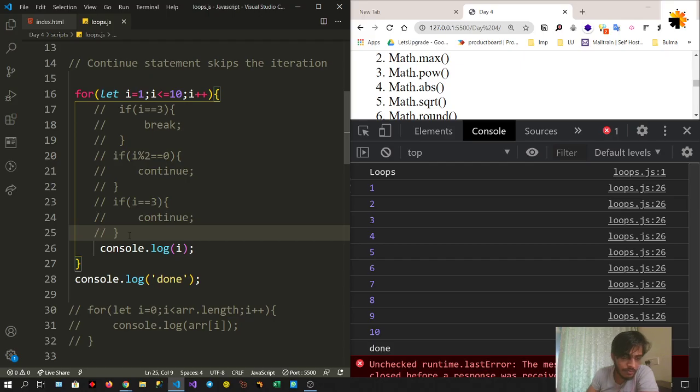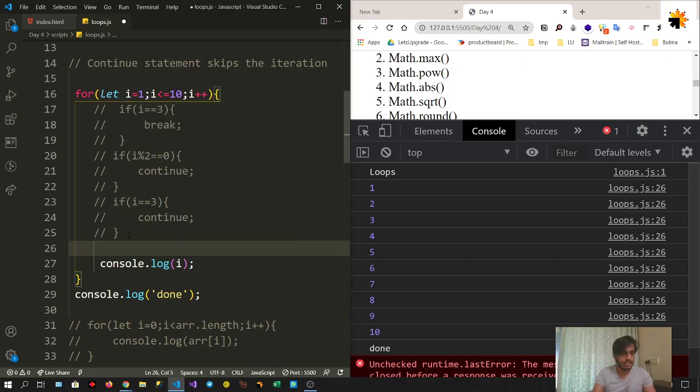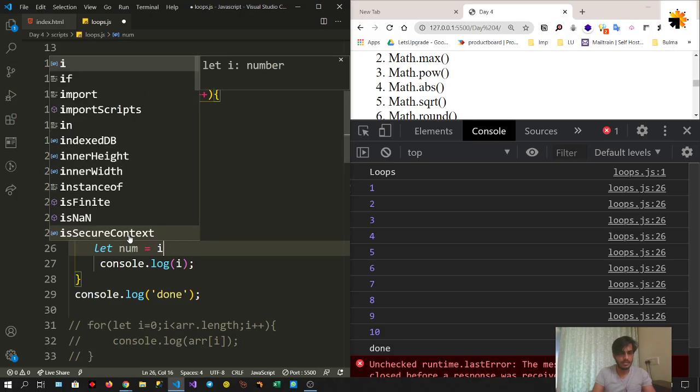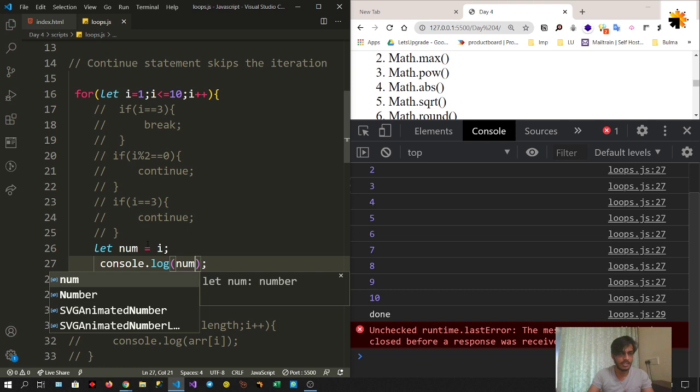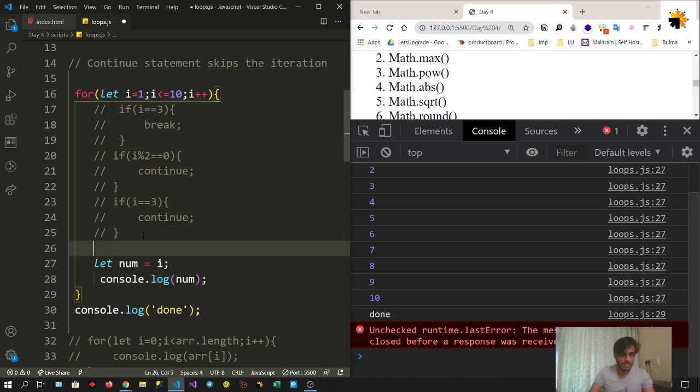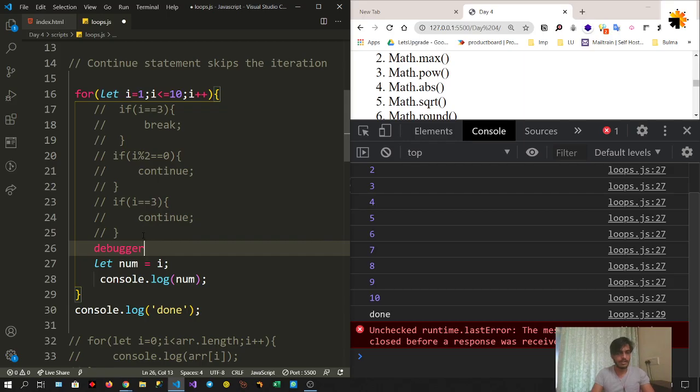But what if I want to check what value is stored inside the variable? So I'll declare a variable here. Let num is equal to i. Whatever value comes here will be stored here, and I'll log the num variable. Then I'll write a keyword called debugger. So what it will do now is,